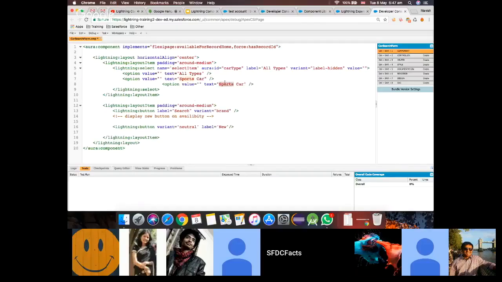And let's say luxury car. So I have created three options for you. One is all types, second is sports car, and third is luxury car. So these all should come inside a drop down list. After this, the first lightning layout item is being closed, and we are initiating another lightning layout item with two